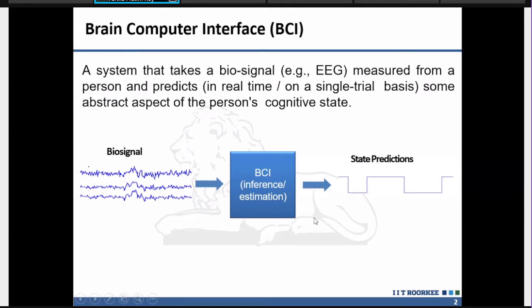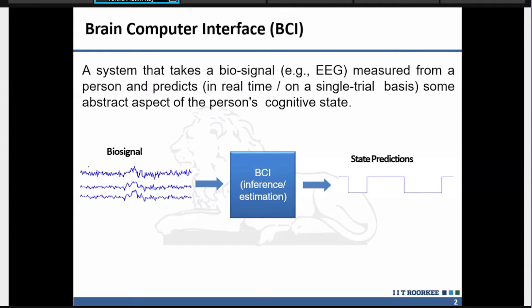What is the output? It could be, for example, the emotion state of the human, or whether the human is in a sleeping state or relaxed state, or it could be used for